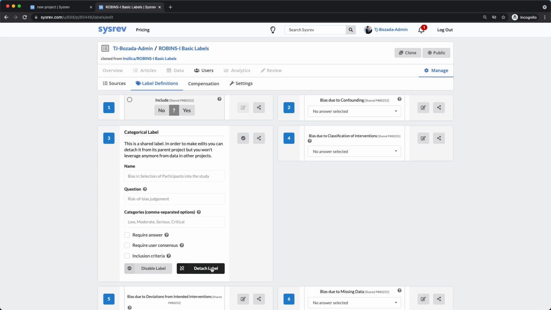label. If you have any ideas on how to improve shared labels, cloning, or would like to see a specific